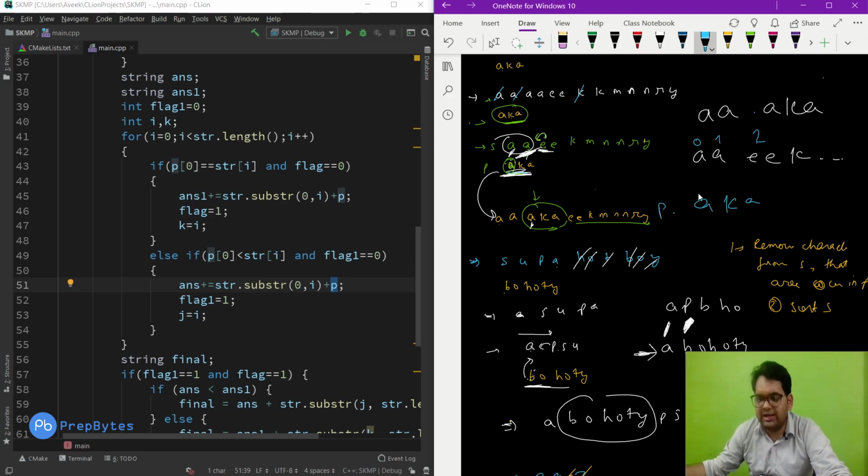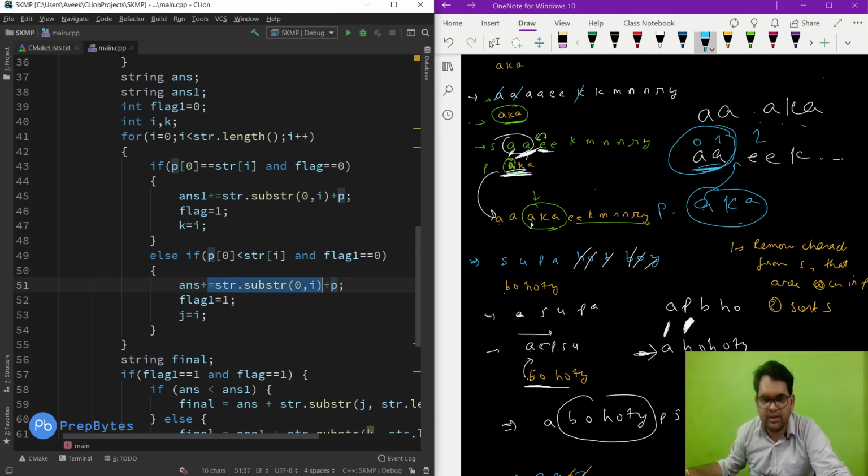So at index 2 what we are getting is that e is greater than a, that means p naught is smaller than this. So my position is before this index 2. So I'm getting this substring and I'm appending this substring with this substring to get total aka, because that we need. Okay, after aa we need aka. So I'm getting this particular substring using this substring function. Fine, and then appending it with aka. Okay, and I'm making flag equals to 1 because we do not need to do this now.